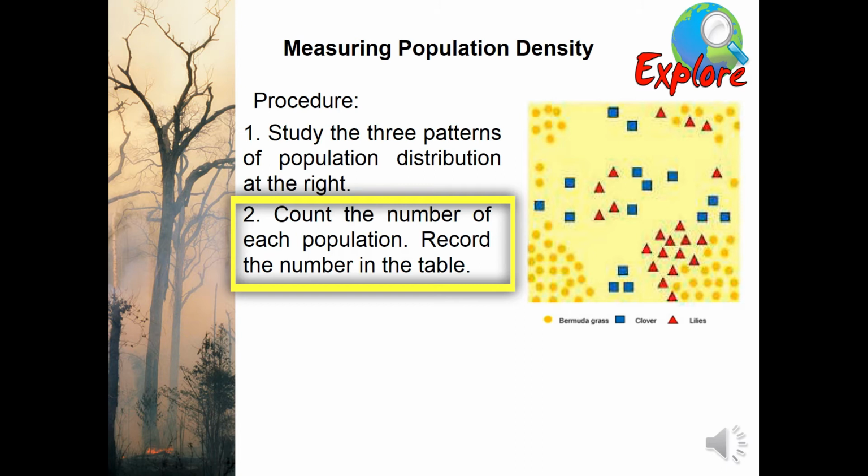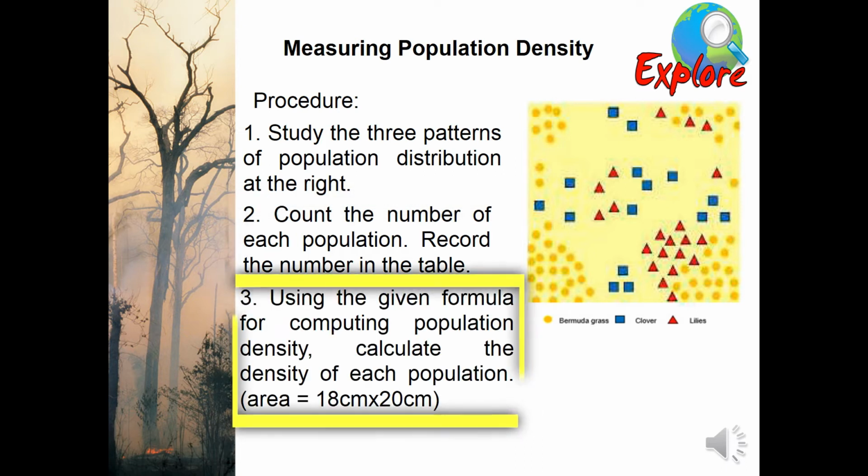Record the number in the table. Using the given formula for computing population density, calculate the density of each population. Let's assume that the given area is 18 centimeters by 20 centimeters. The formula for computing population density